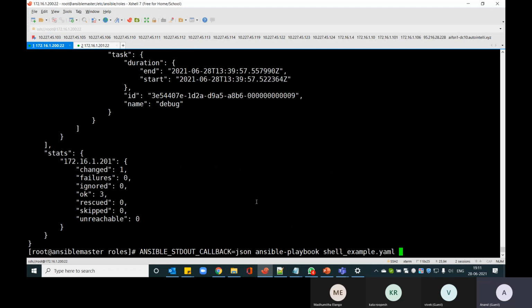So with a simple one-liner, a simple environment variable, I was able to completely change the way Ansible prints the message. Now I can always use this output in my script to pass whatever data I want. For example, stats of IP of OK, it will give me all the three tasks passed and there's one changed and so on. This is just one plugin. There are hundreds and hundreds of plugins available which can alter the flow, pass the output, pass inputs, get outputs, and so on. I think that's about it.